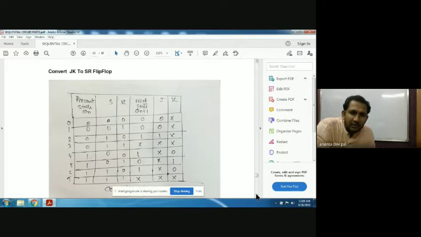Now the excitation input of JK. To create the excitation input of JK, we have to find out two columns, that is present state and next state only. Present state and next state